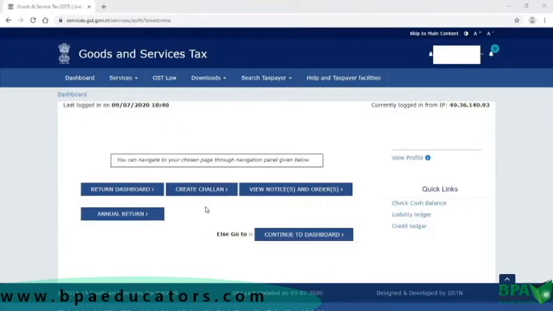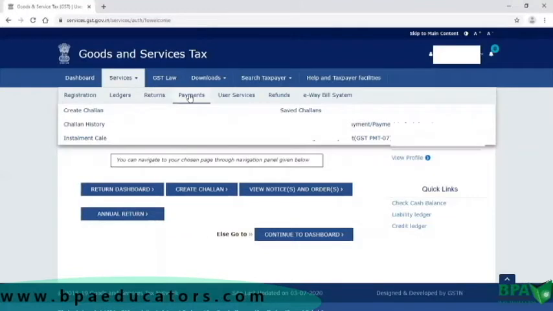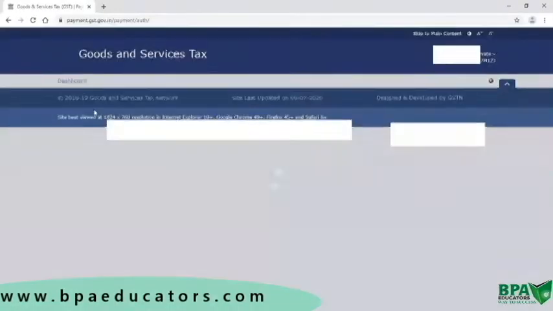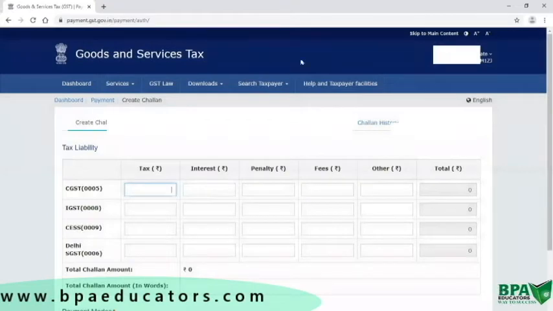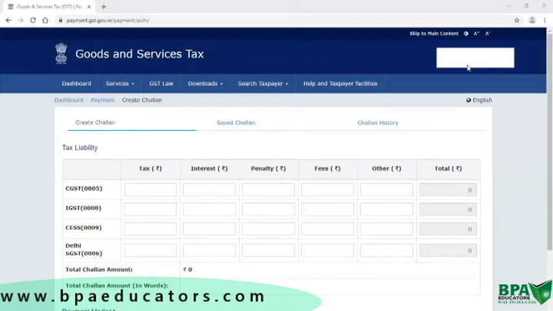When you log into the GST portal, this type of a dashboard appears. Then on the services tab, we need to go to the payment option. And under payment, there is an option of create challan. And when we click on this, this type of an option appears in which